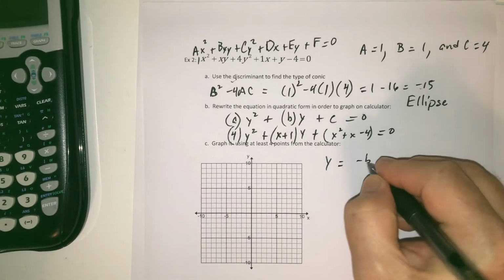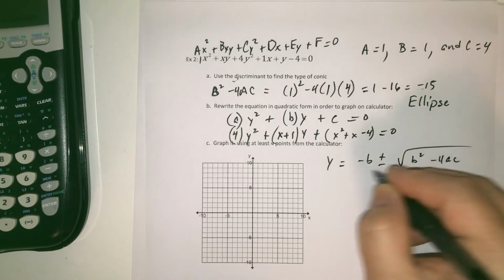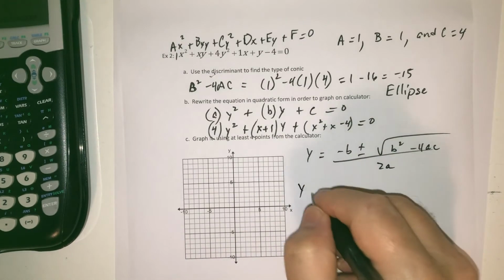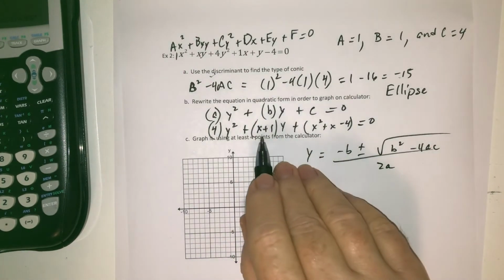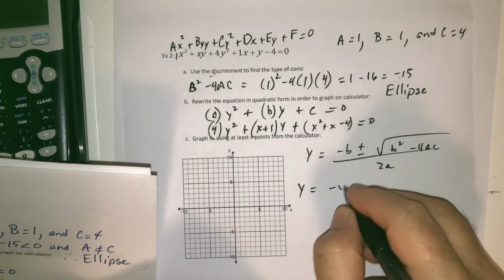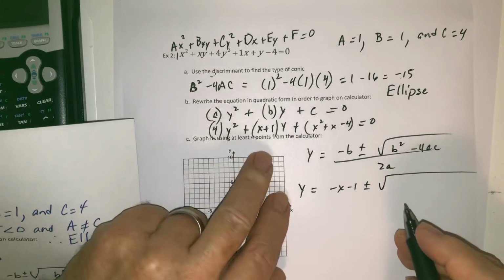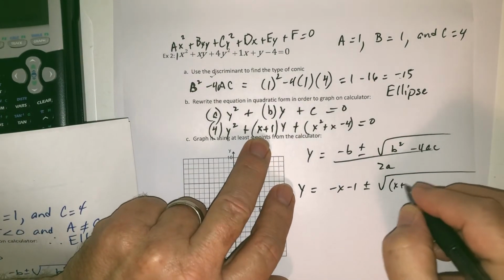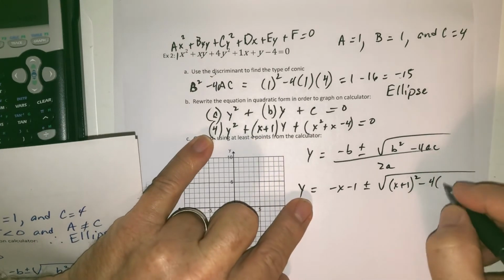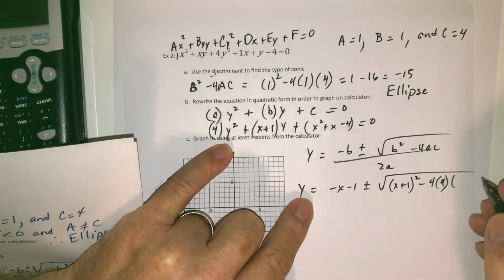Remember, it's the opposite of b, plus or minus the square root of b squared minus 4ac, all divided by twice the a value. All right, so y would be equal to, the opposite of this term right here would be negative x minus 1, plus or minus the square root of b, which is x plus 1 squared, minus 4 times a, which is 4, times c, which is,